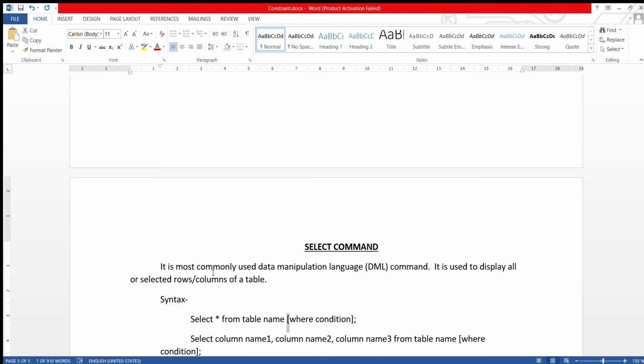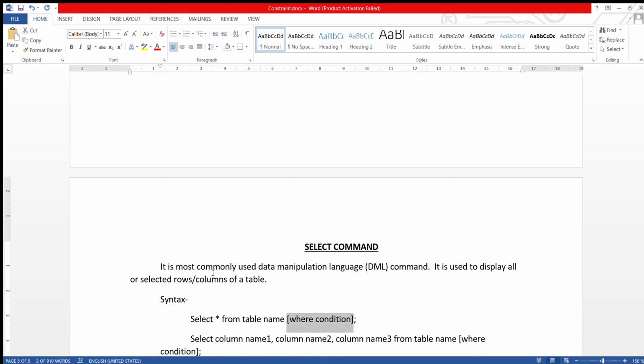This big bracket means this part is optional. If you want, you can use it; if you don't want, don't use it. Wherever a big bracket is there, it means that part is optional, not mandatory to use.